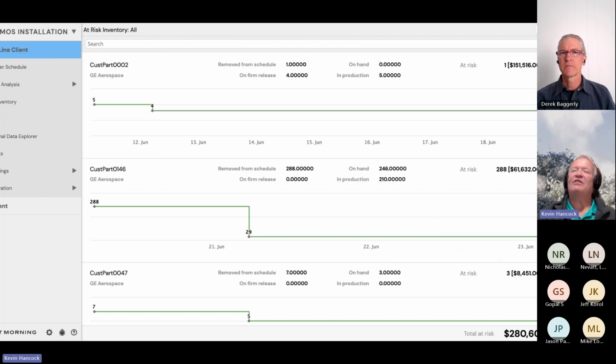So this just gives you that information to have those discussions and give you that data backup, if you will, so you have full information when you want to have that discussion.